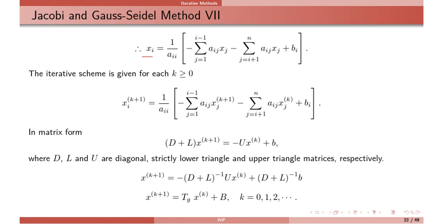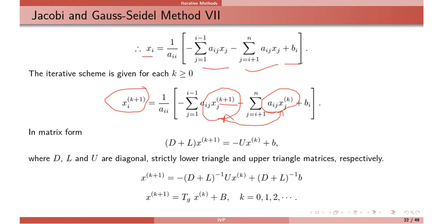So take everything on the right-hand side, add in b, and put a label k plus 1 on the left-hand side. Also here label k plus 1, because when you compute xi, the other variables 1 to i minus 1 will be known before xi, so we will use them immediately. So put a label k plus 1, same stage. And after the diagonal they are old ones, so put a label k. So this is the difference between Jacobi and Gauss-Seidel.